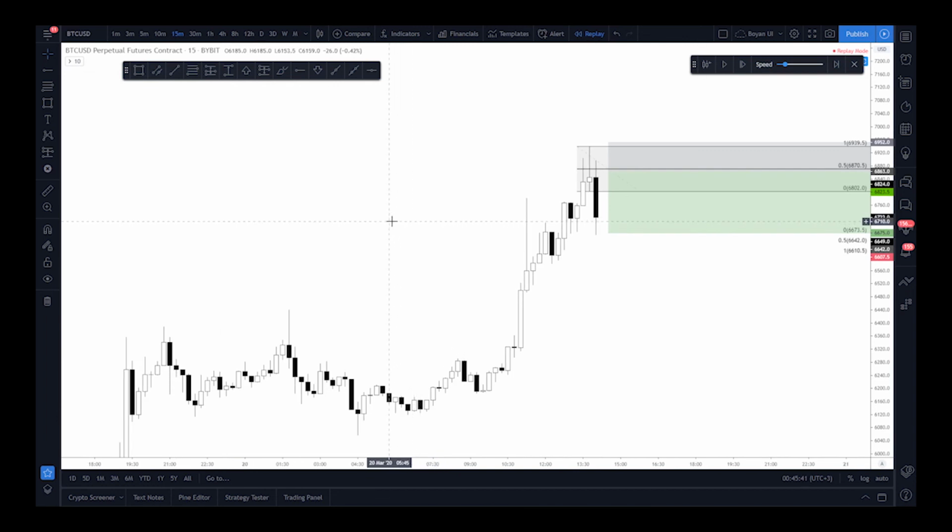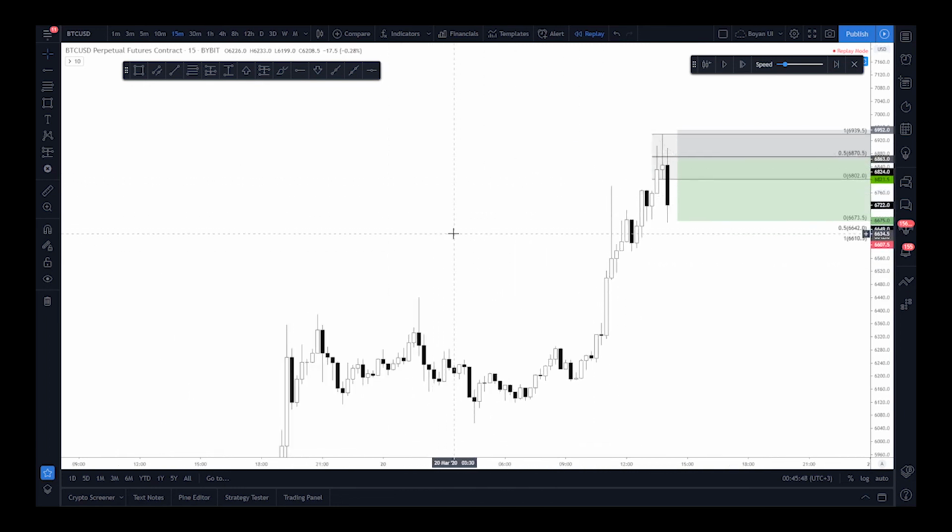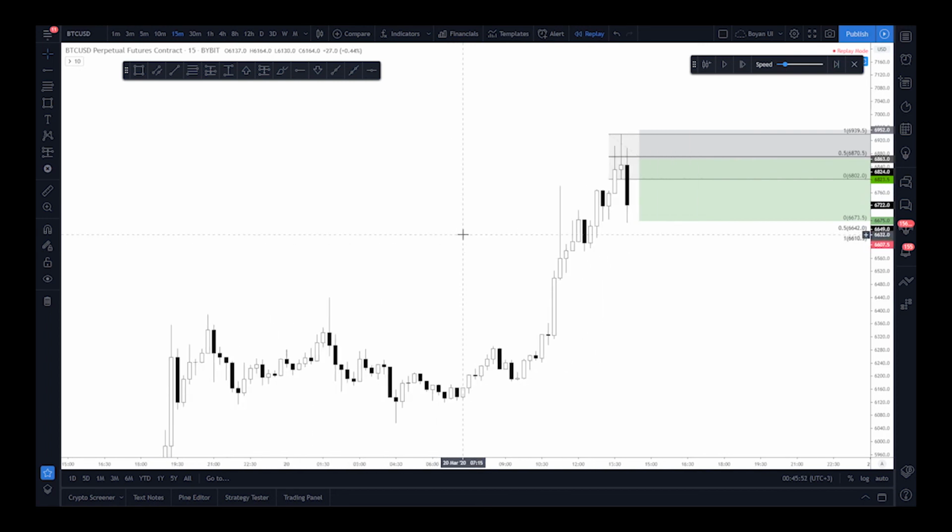This strategy is fairly easy to apply if you just follow those simple rules. It can be applied to any asset, not only to BTC, but on any altcoin, or any financial instrument. If you backtest this strategy, it has a fairly good chance to play out. So practice it first, try for yourself, and you will see how easy it is to frame trades based on this very easy strategy to apply.